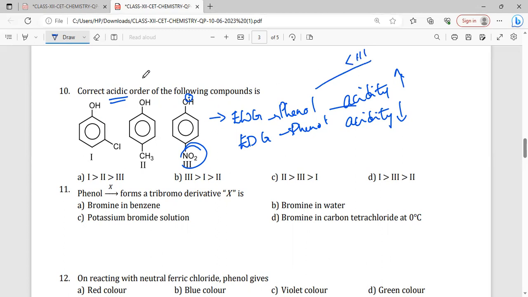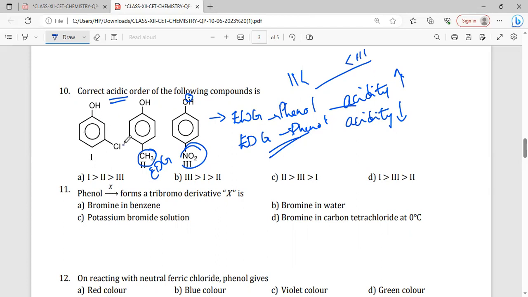Next, coming to this, it is para-cresol, right? You have CH3 at the para position, an electron donating group. We know that an electron donating group will decrease the acidity. So obviously this should have the least acidity. Next we have